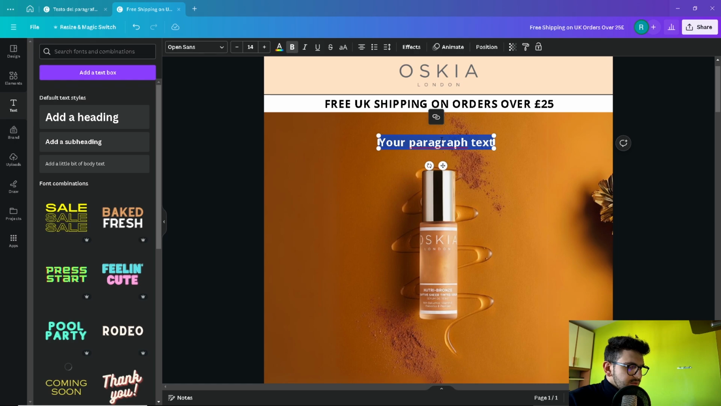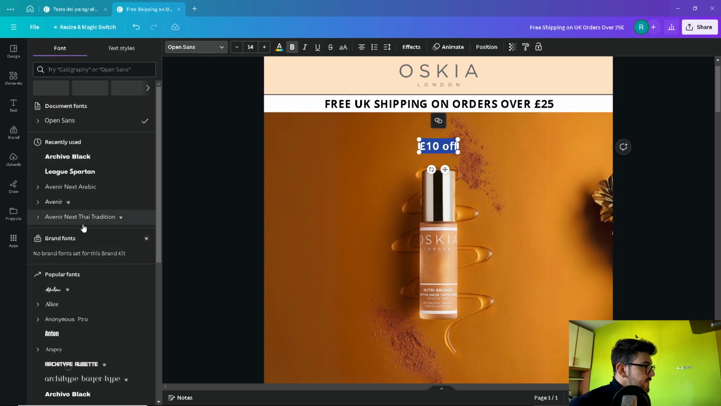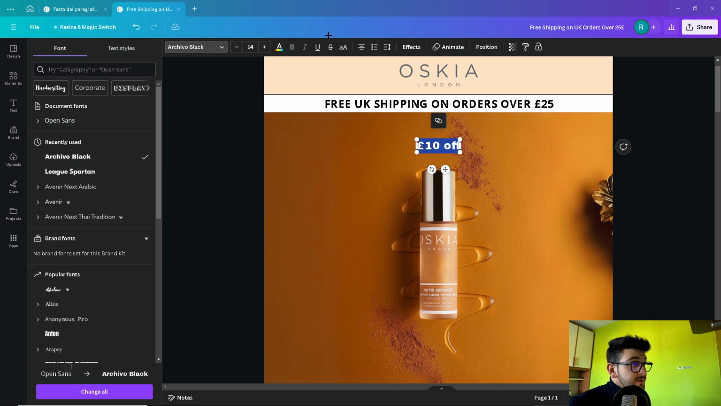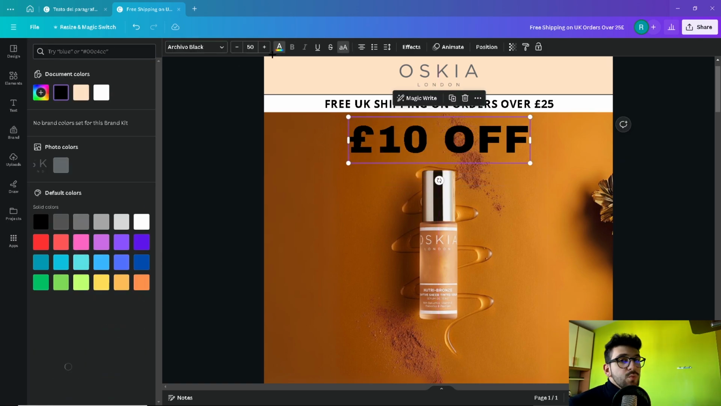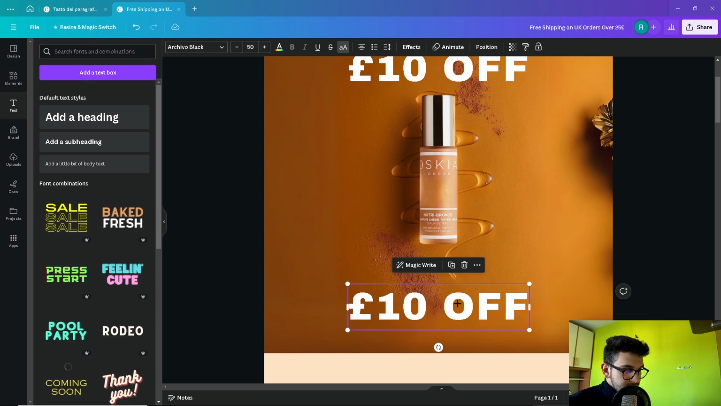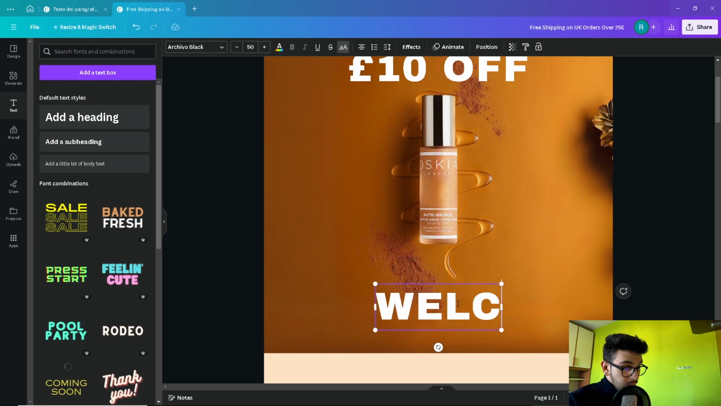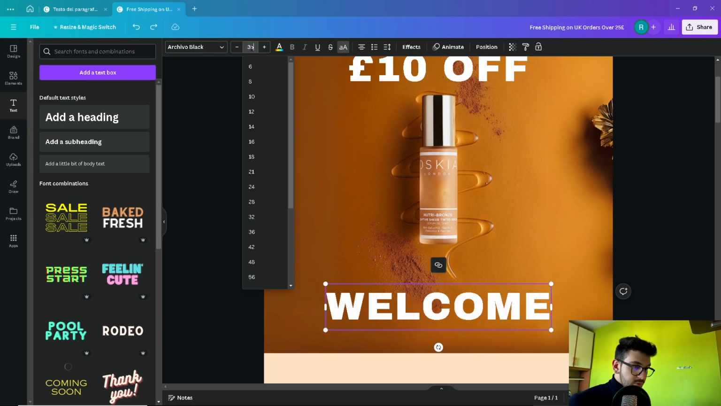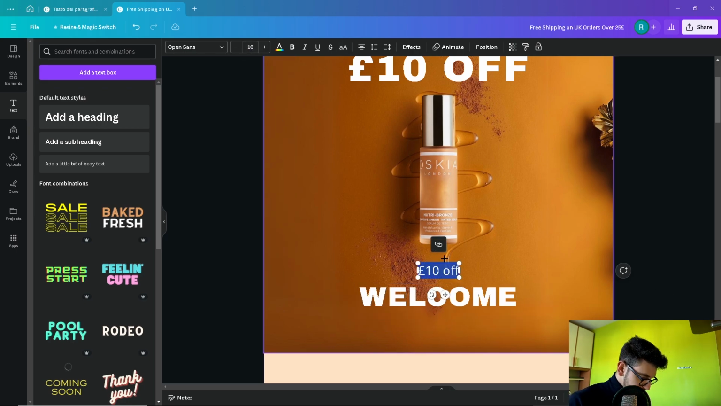Something along the lines of £10 off right here at the top, and you can use a font. I like to use Archivo Black here on Canva. That's good. And since you want the offer to stand out, you have to choose a color that is in contrast with the background. So I would choose a white in this case. Now below here, I'm just going to copy this text and write our discount code, which will be, I don't know, welcome. Let's lower the size of the text, and up here we're just gonna write something like use code